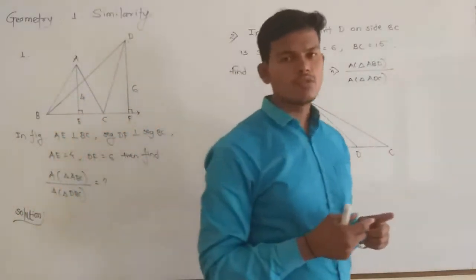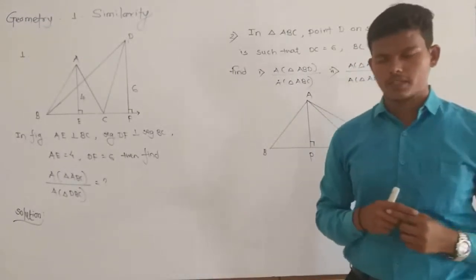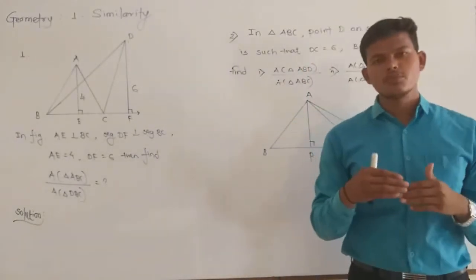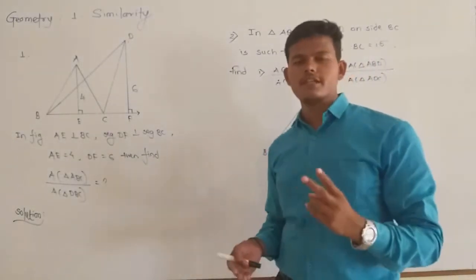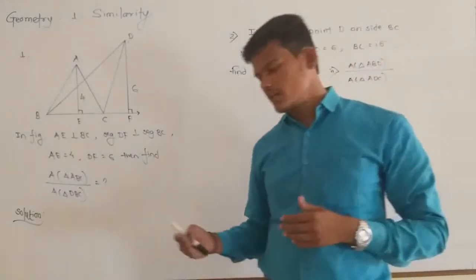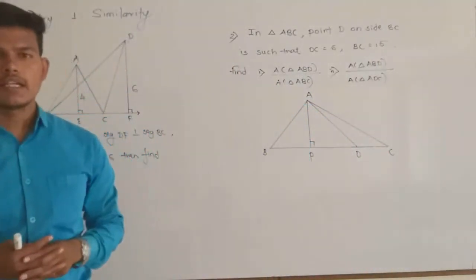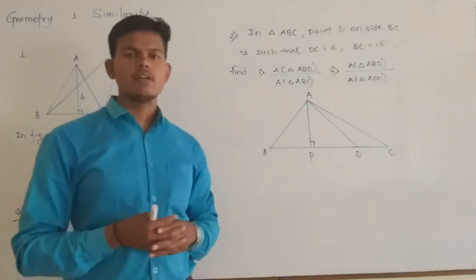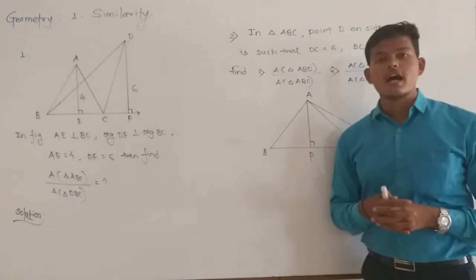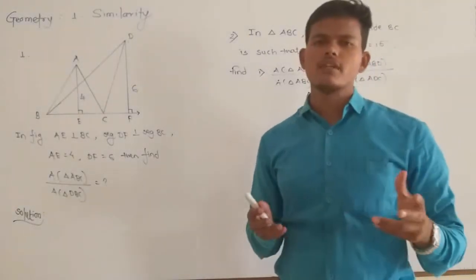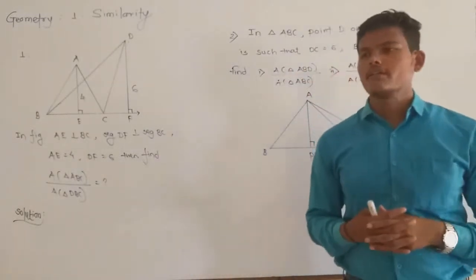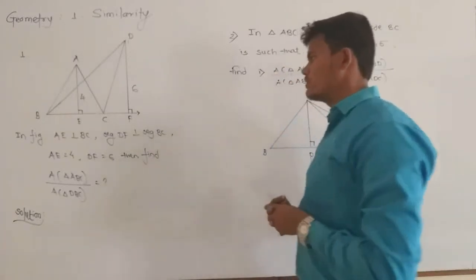First case is, if two triangles have the same base, then their area is proportional to their heights. And second case is, if two triangles have the same height, then their area is proportional to their bases. And third case is that, if two or more triangles have a common vertex, sharing one common vertex, then their heights are equal. And if two triangles have equal heights, then their area is proportional to their bases, right? And on these properties, we see some examples.